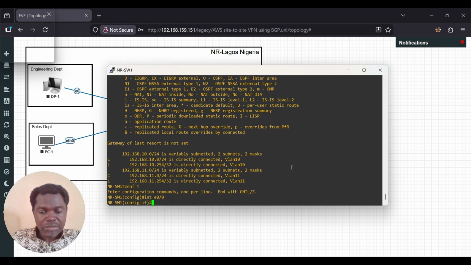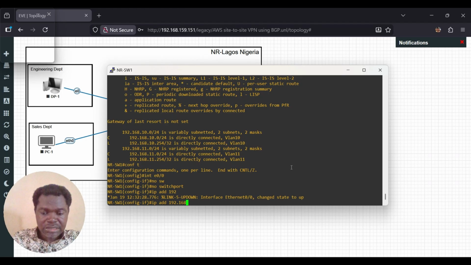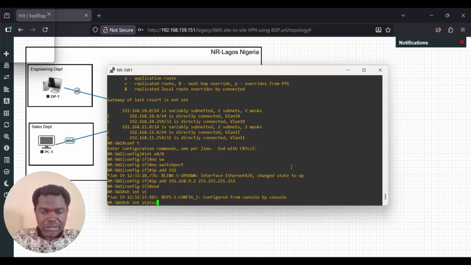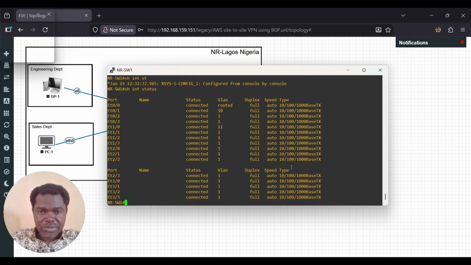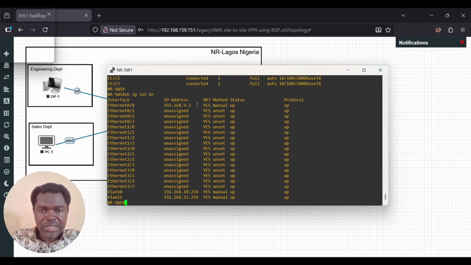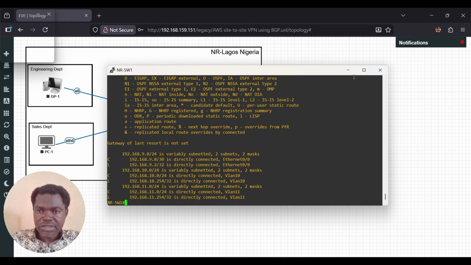Interface, I'm going to make it a routed port, and I'll assign an IP so that I can assign an IP address to it. This is how I can verify it is a routed port. So you can see here, routed. So when I do show ip interface brief, you can see that's the IP assigned to the interface. See IP routes. Good. So everything is good and fine.